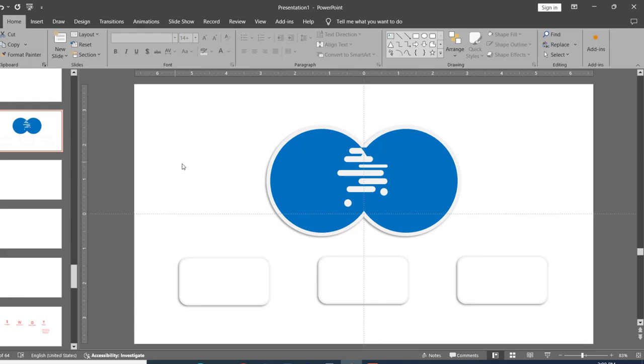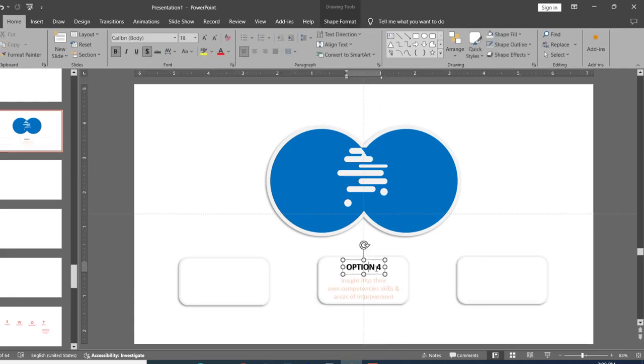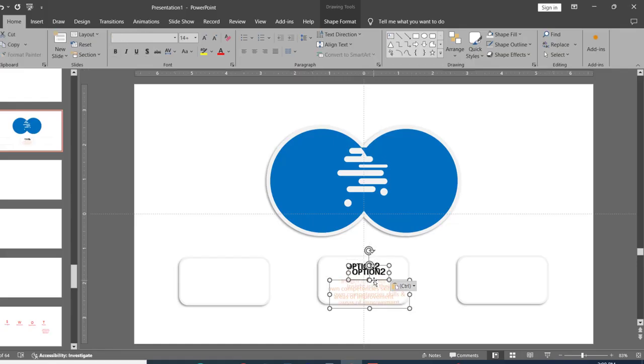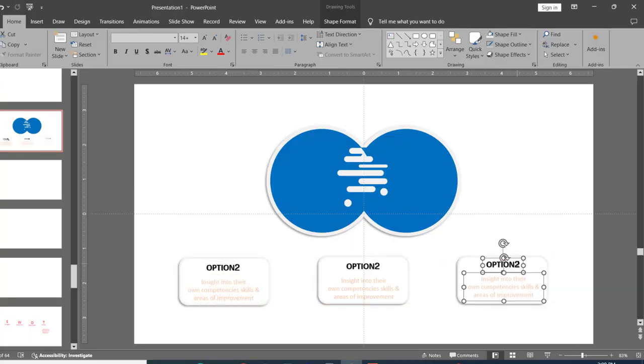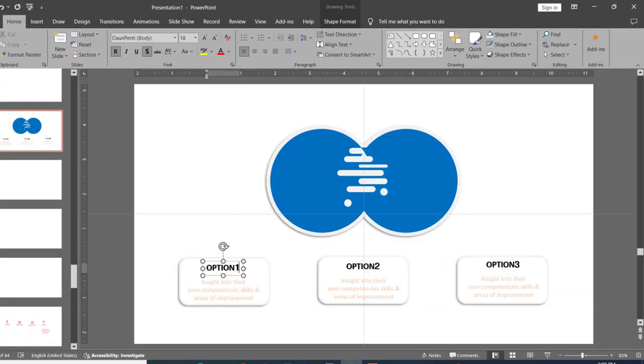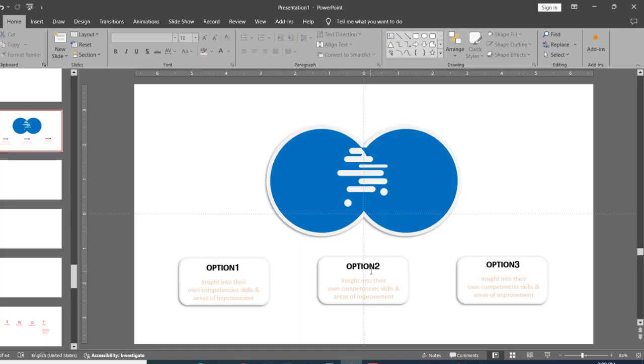and add the text. Okay, add the text and write name. Okay, it's option 2, copy, option 1 and option 3, and add the text. Okay, copy the shape, copy the text and okay, and take 1 and take 2